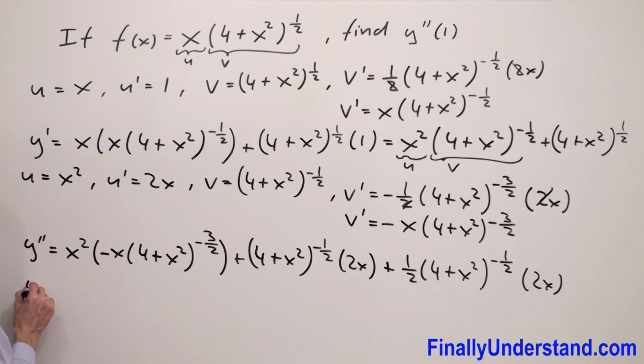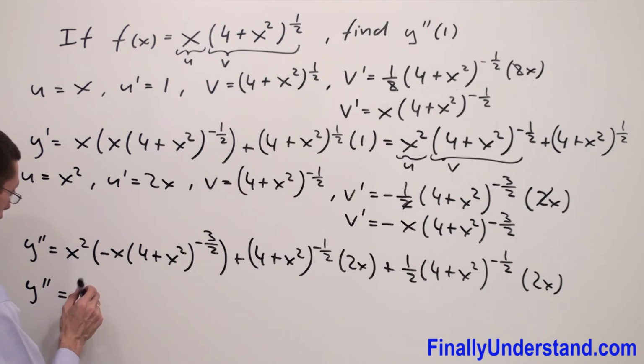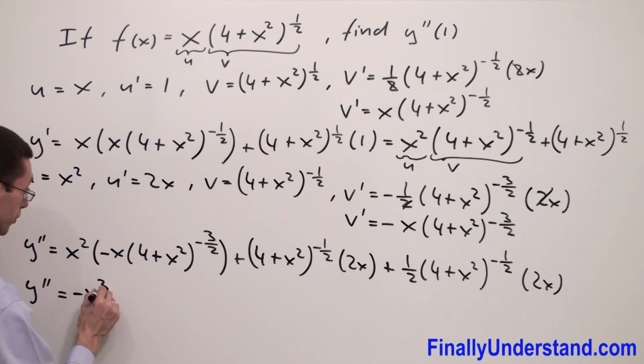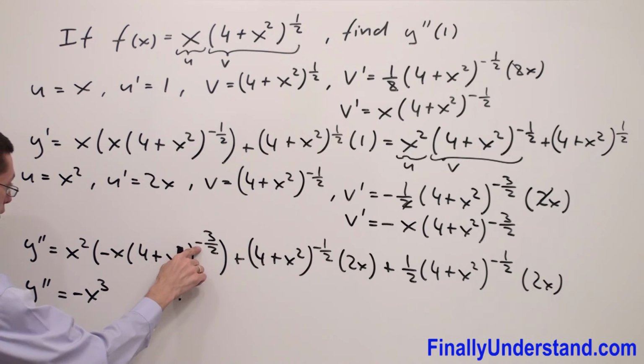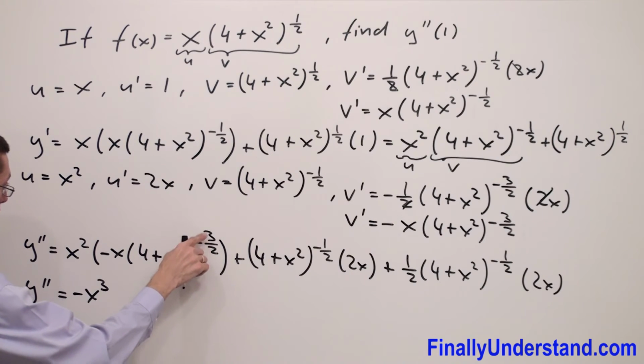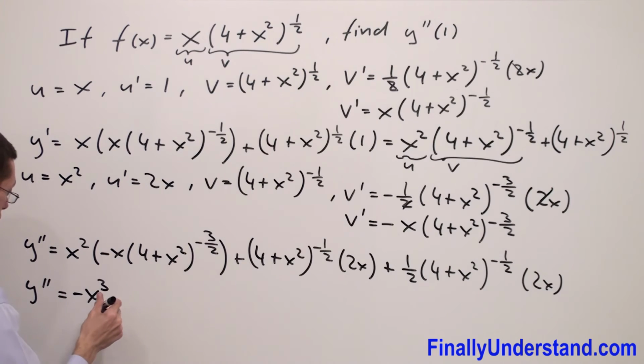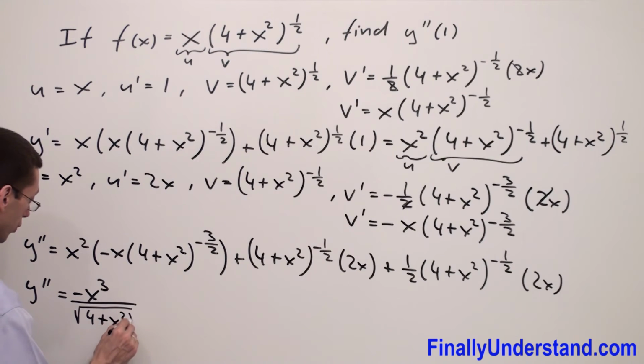So we have second derivative is equal to x squared times negative x, which is negative x cubed, and we can convert the negative exponent to fraction and the fractional exponent to radical. So I'm going to write that this is square root 4 plus x squared to the third power